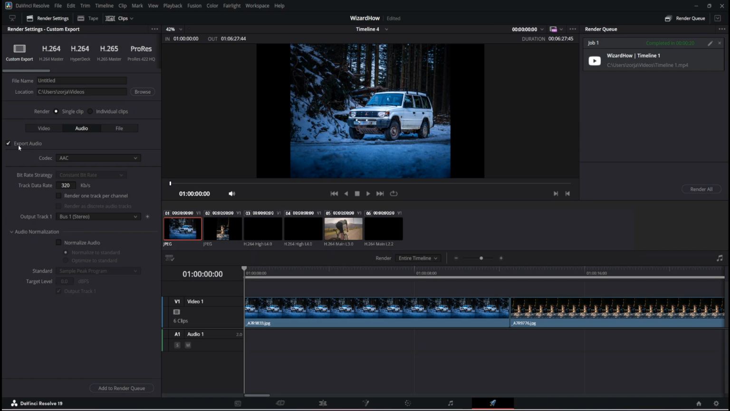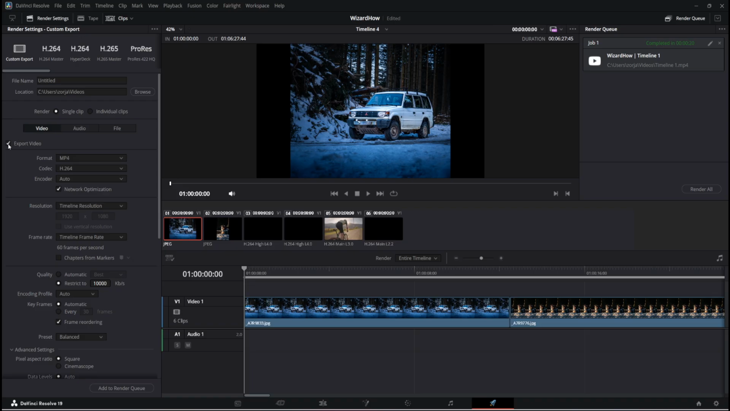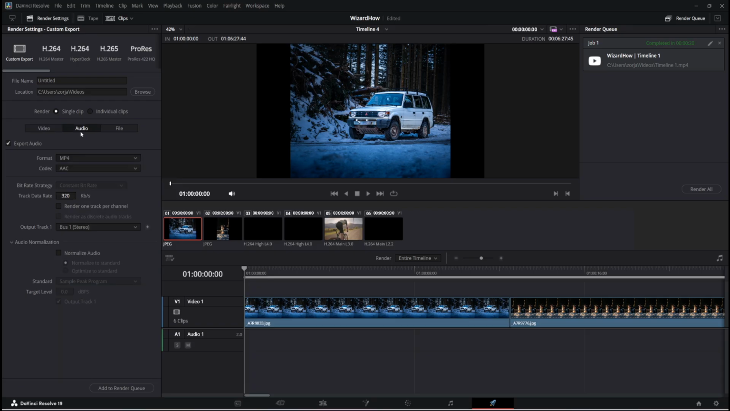some settings for audio. So uncheck export video and then just leave export audio checked. And yeah, pretty much you can then select MP3 if you like, track data rate, bit rate, bit depth, you can select output track, you can